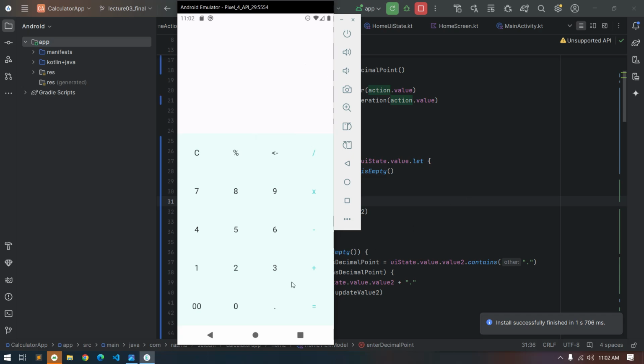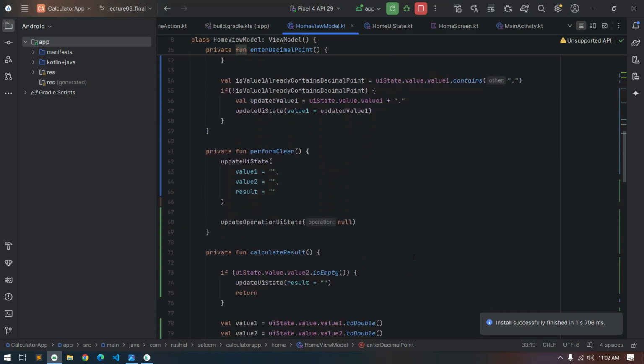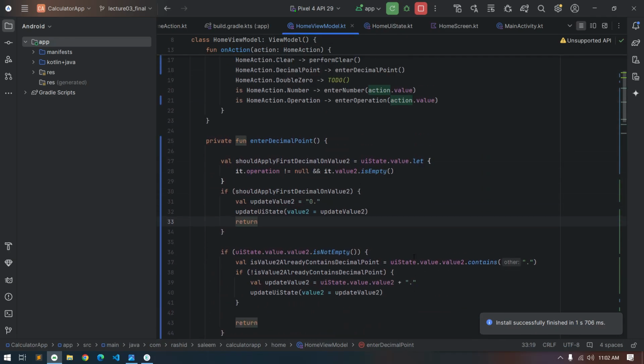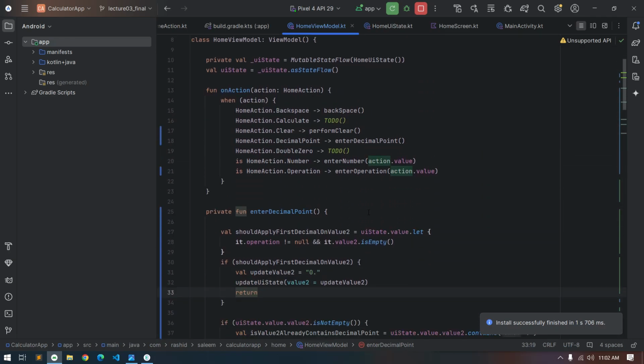Okay, and next we work on this case. Let's say if we want to add only integer values but our result is showing in decimal point, so we need to resolve that, because if both of our two values are integer, then our result should be an integer. So for that, in our calculate result method,